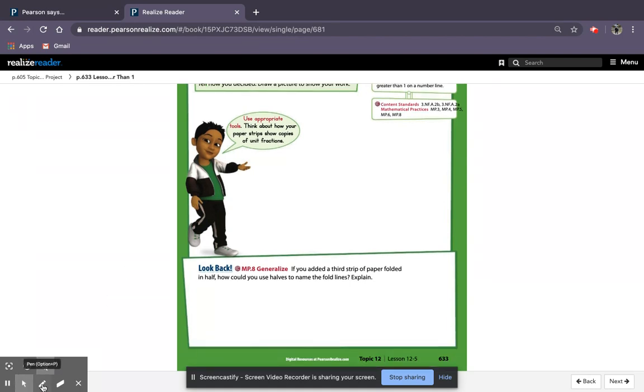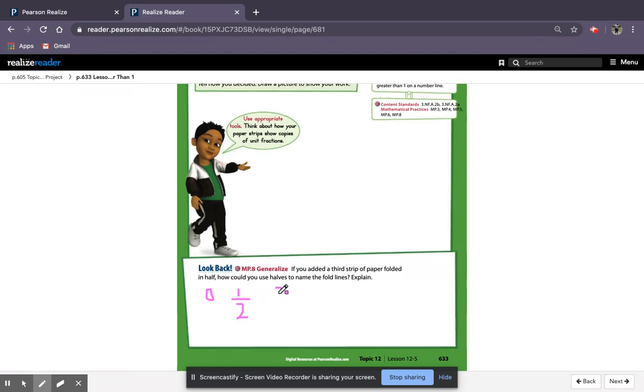Okay, it says, if you added a third strip of paper folded in half, how could you use halves to name the fold lines? Explain. So because up here we had 4 halves, so there were 4 pieces total up here. So if we added one more strip of paper to the end, then the lines would go from 0, we would start at 0 again, and then it would go from 1/2,